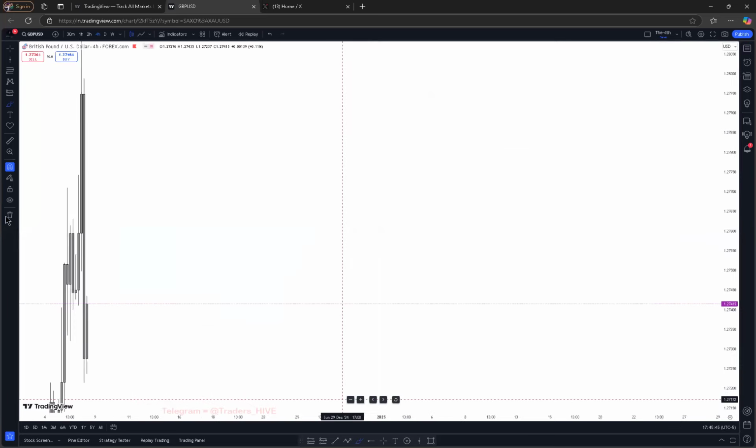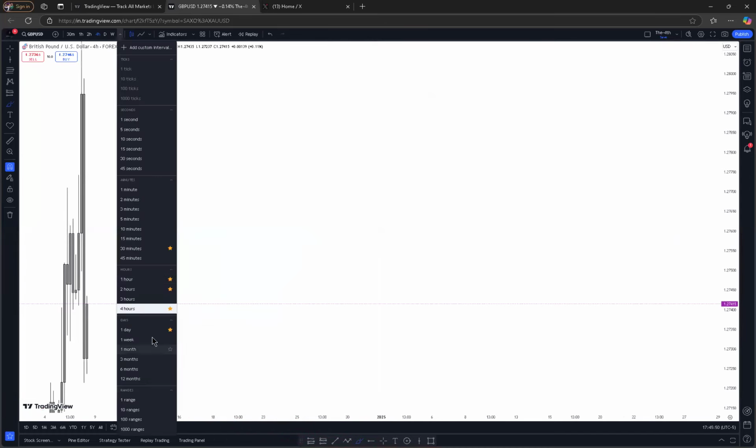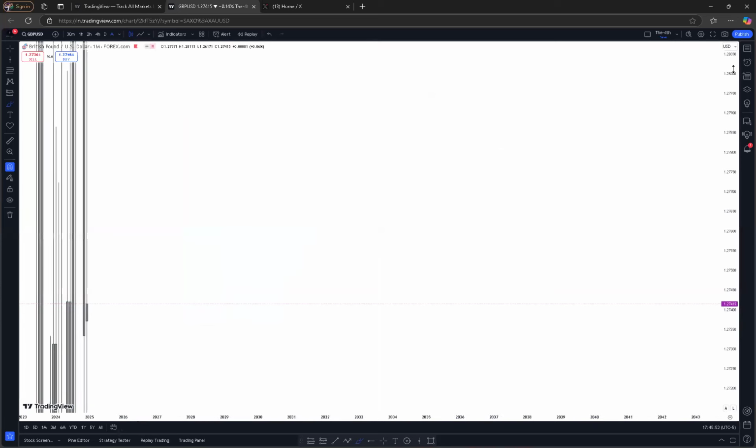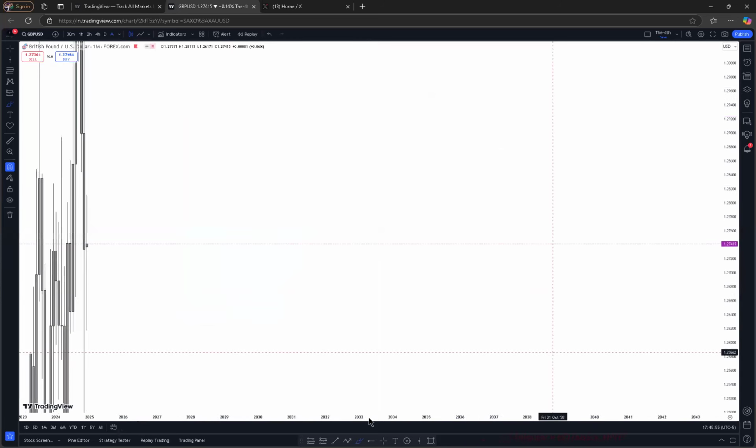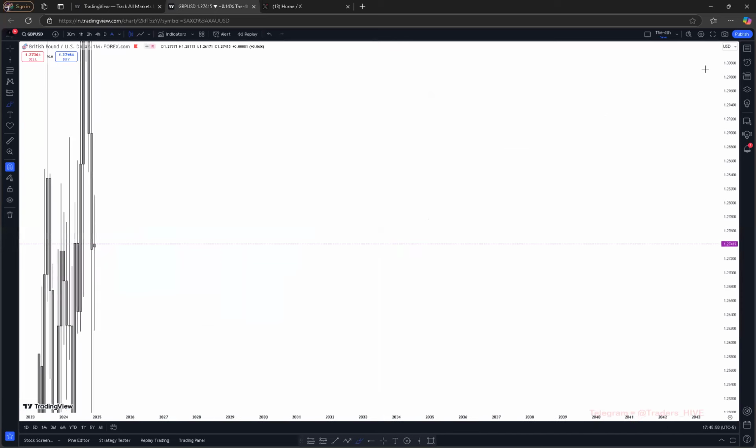So if you come to GBP USD, for example, right? When we start from the monthly, I think I would love to start from the monthly because I love to see that we do a thorough top-down analysis, right? So if you look at what GBP USD is doing on